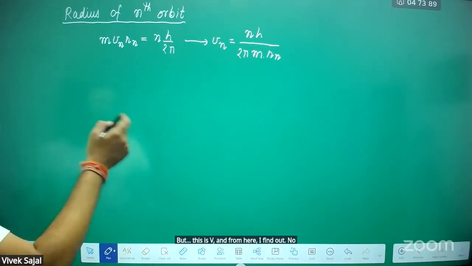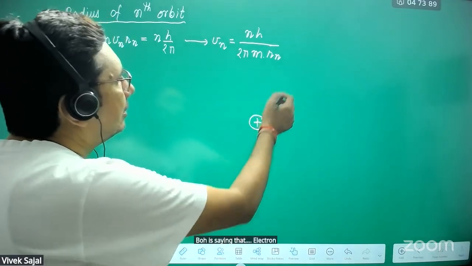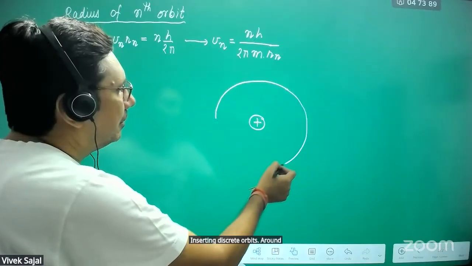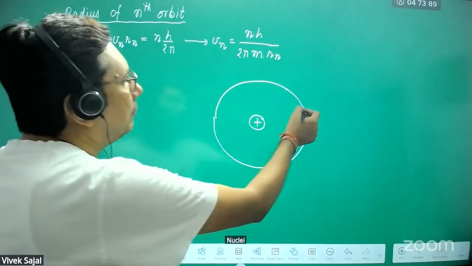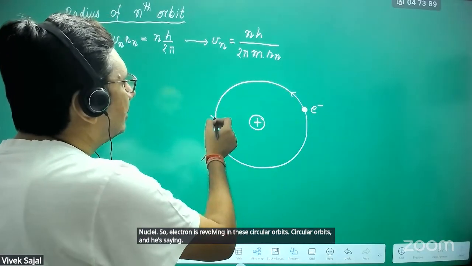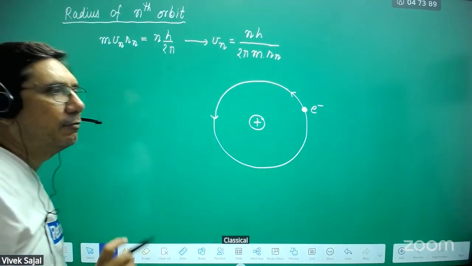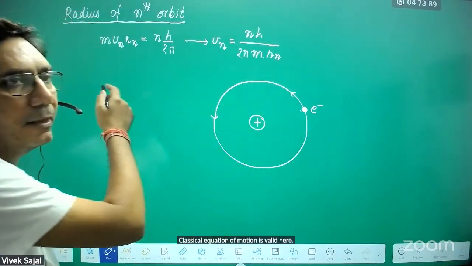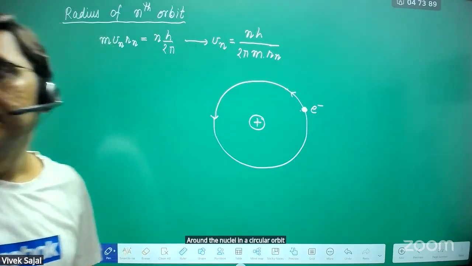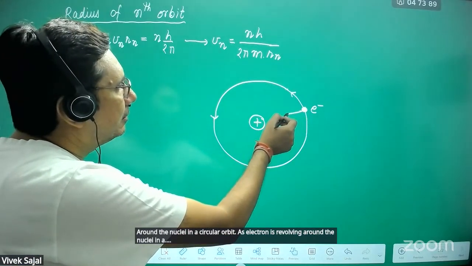Now, next, Bohr is saying that the electron is revolving in certain discrete circular orbits around the nuclei, and he's saying that the classical equation of motion is valid here. Write it, beta: as the electron is revolving around the nuclei in a circular orbit,